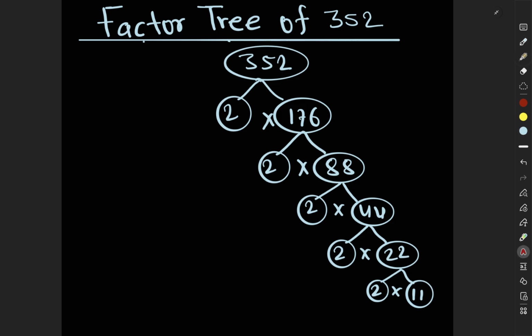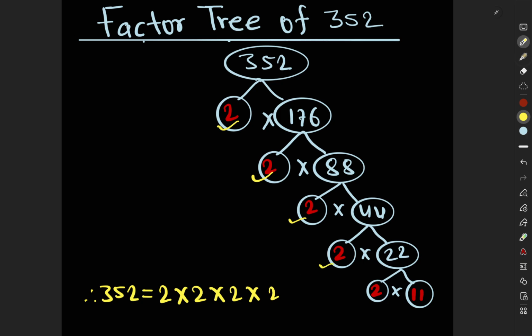So now we select the prime numbers in all these numbers. The prime numbers here are 2, all these 2s, and at last 11. So we can write 352 as the product of all these prime numbers, that is, 2 times 2 times 2 times 2 times 2, and at last